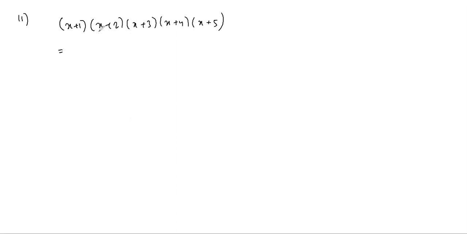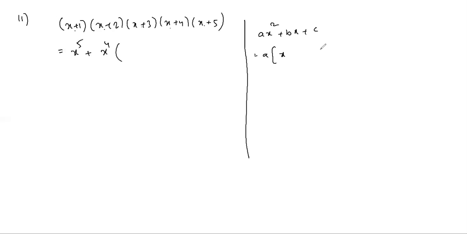See here, what is the highest power of x we get here? 1, 2, 3, 4, 5. x power 5 plus x power 4 into what you get? Sum of all roots. You know the theory of equations. Suppose if you take quadratic equation ax square plus bx plus c, we can write this one a into x square minus sum of the roots into x plus product of the roots. You know this formula? x square minus sum of the roots into x plus